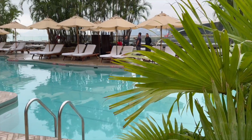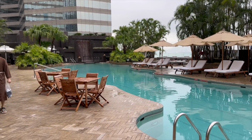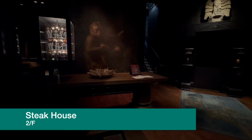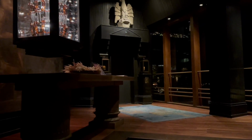Again, it's such a contrast to the exhausting city environment, so that's super nice to have. Okay then, the last thing I want to talk about is the Steakhouse. That is called Steakhouse, and the Grand Club, the Grand Cafe, the Steakhouse, they really kept it very basic with